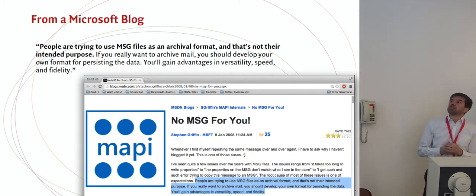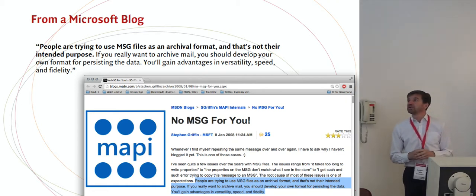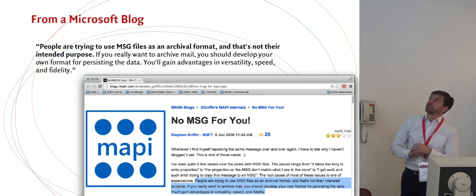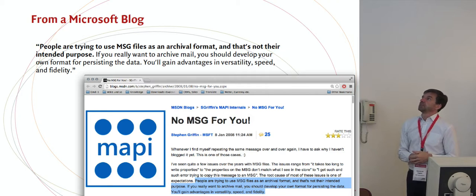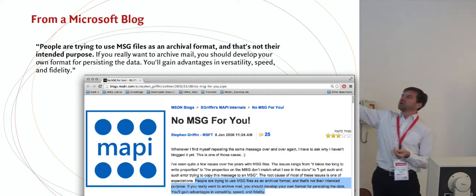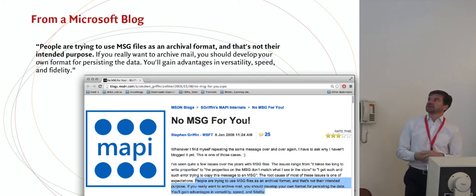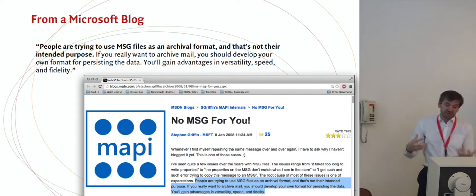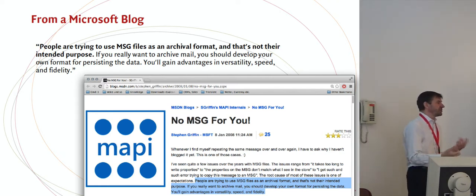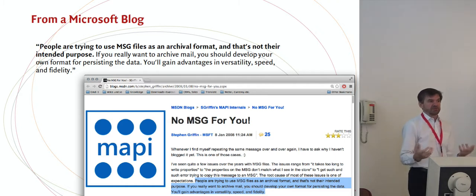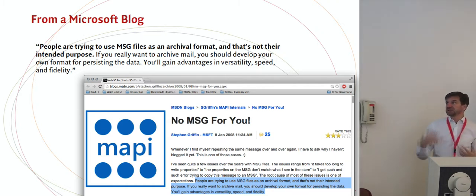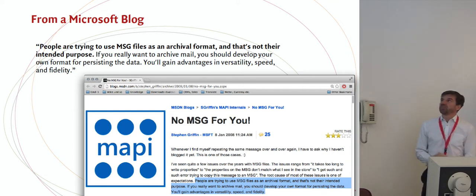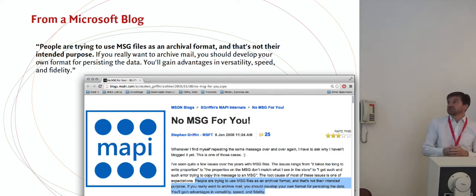I've done a little more research because I know that in many archives MSG from Microsoft Exchange or Outlook is being used, and I found an entry in a Microsoft blog written by an employee of Microsoft, maybe in support or customer contact. He says he has received many inquiries about the MSG format from people who are having problems with it, and whenever he needs to answer something frequently, he tends to write a blog about it.